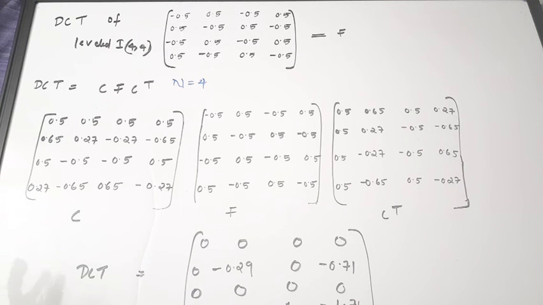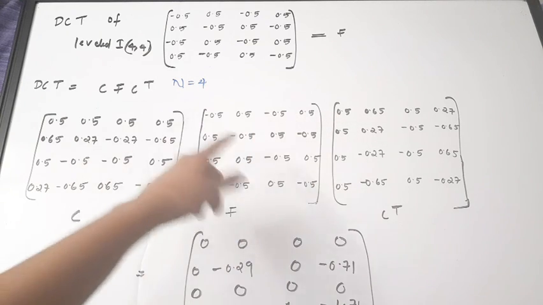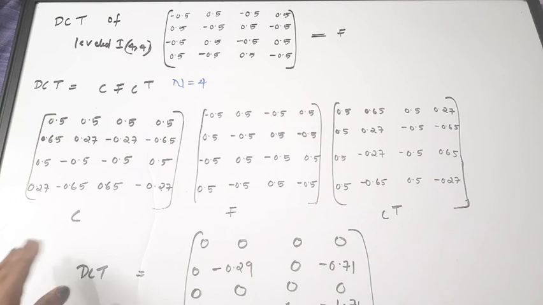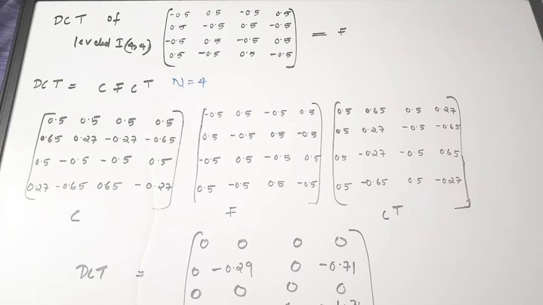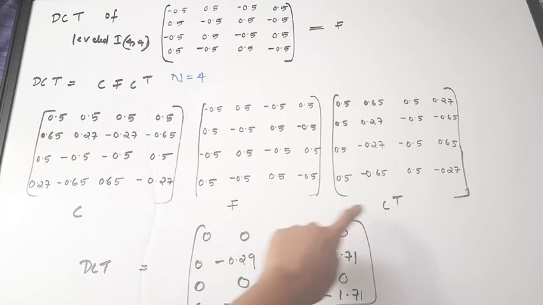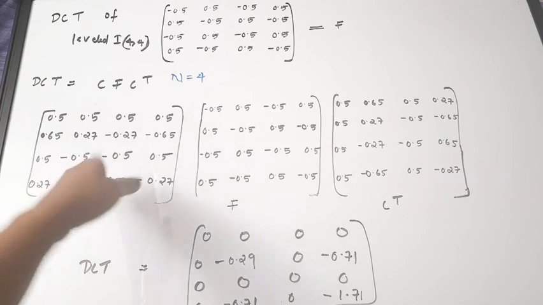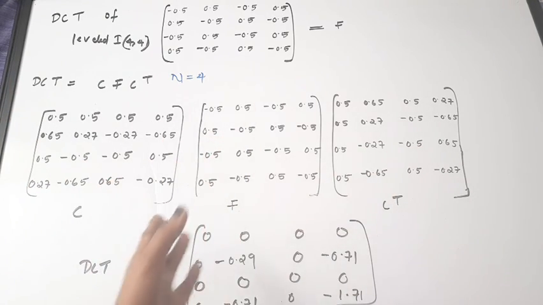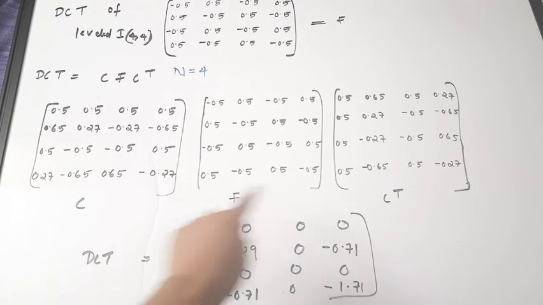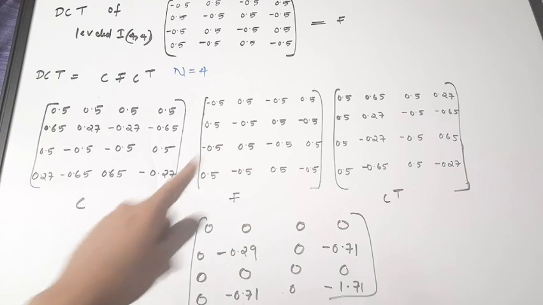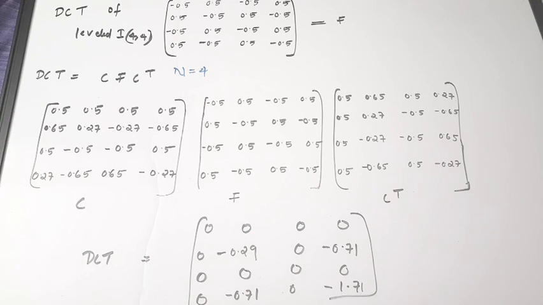So you have to take every column and form the rows, and then only you will get the C transpose. Then take the product of these three matrices and you will get your final DCT. Since the DCT matrix is not symmetrical, you have to form C transpose specifically. I hope that you know these basic operations. And when performing C, F, C transpose, you will get the compressed form of this image matrix, and it will look like this.